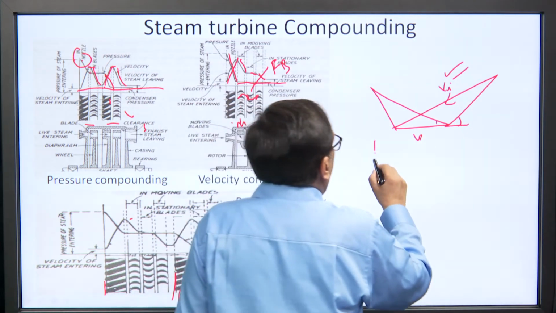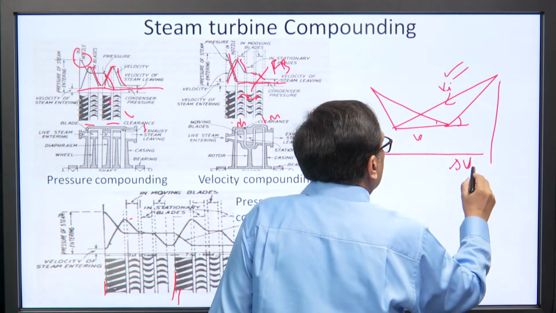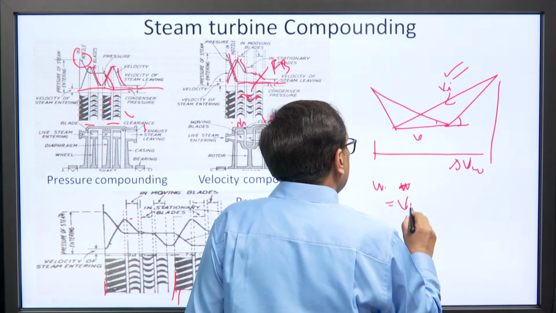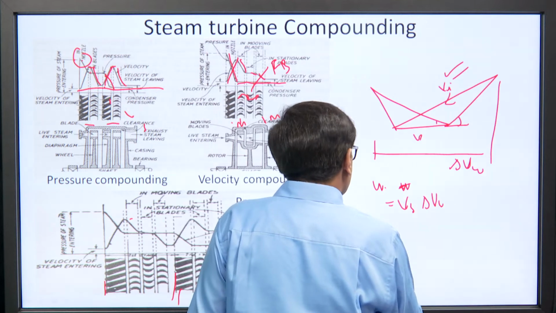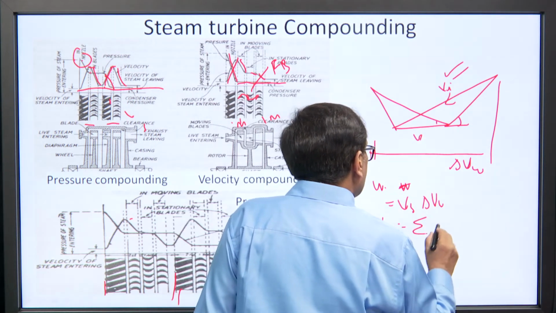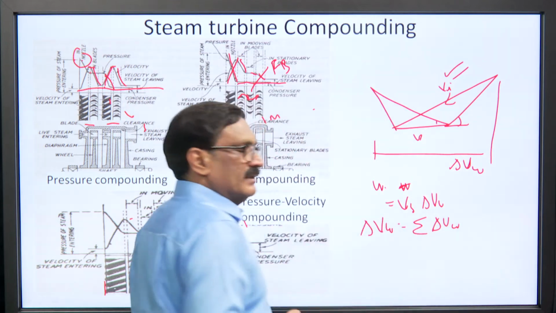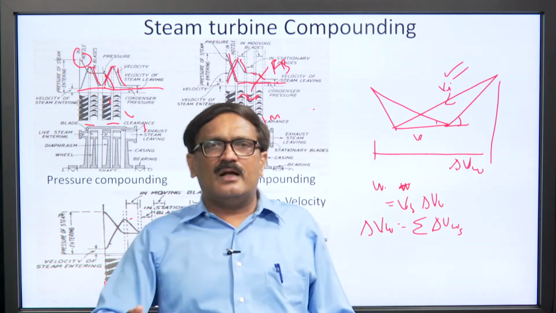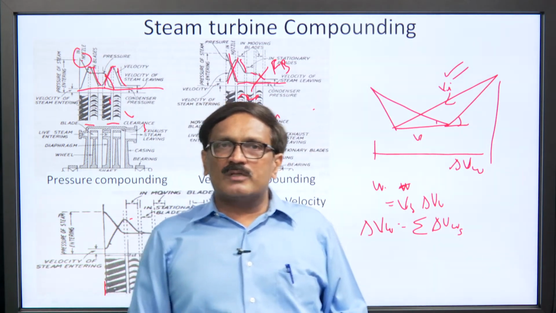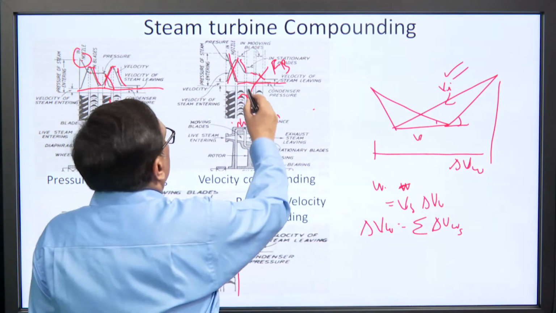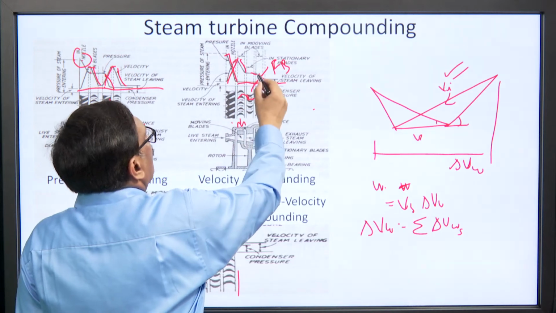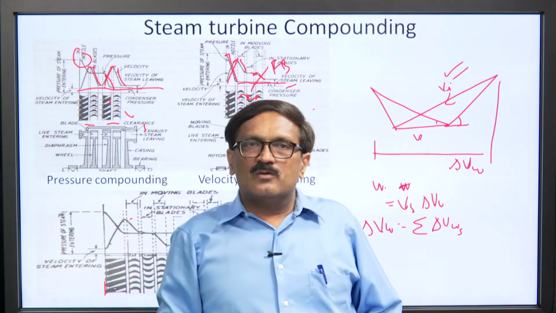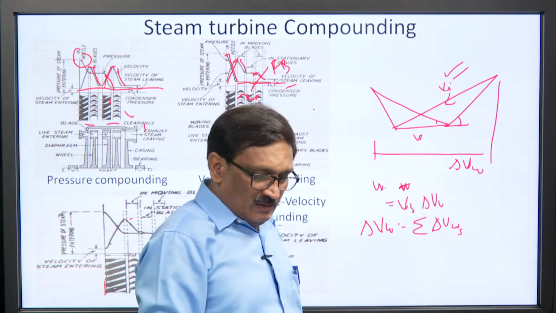So, we can have a similar blade velocity diagram for each stage. For each stage we can find out delta Vw, this is the delta Vw, Vb is known to you, and work done will be Vb into delta Vw. Delta Vw is the summation of delta Vw for each stage, and with similar velocity triangles and n number of stages, we can find it out for each stage. But in the case of velocity compounding, Vi here is different, and in another stage Vi here is different. So, it is not the same, and we have to draw the velocity diagram for each of the stages.